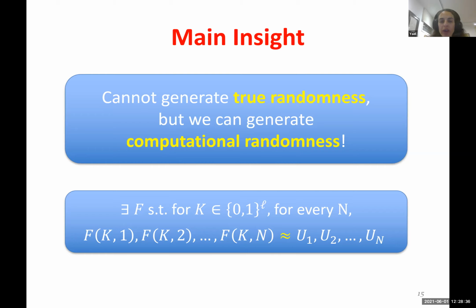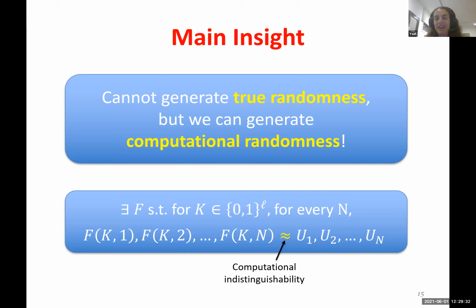Okay, so what I'm going to show you again, I don't have an F that really generates entropy. I can't generate entropy or randomness out of thin air. But I'm going to show you how to construct a function f such that f_K(1), f_K(2), and so on, as much as you want, is not random. I can't say that this is distributed like n random bits, but it looks like it is. What do I mean? These distributions on the left and on the right are not identical, but they are what we call computationally indistinguishable. What I mean is that an adversary that runs in a bounded amount of time, let's say polynomial time, which for us is efficient,